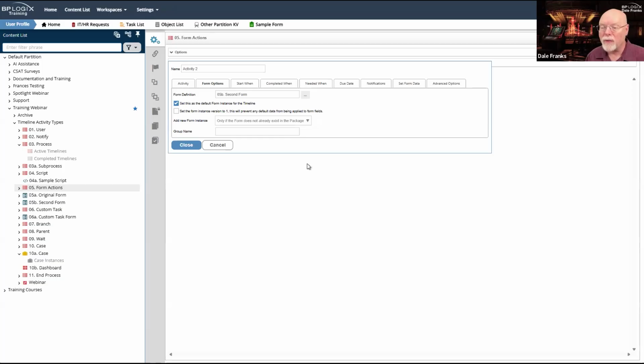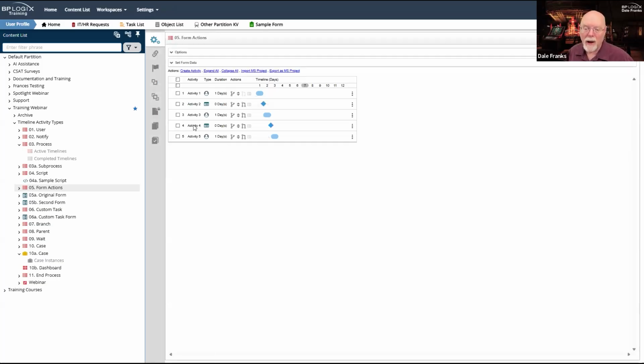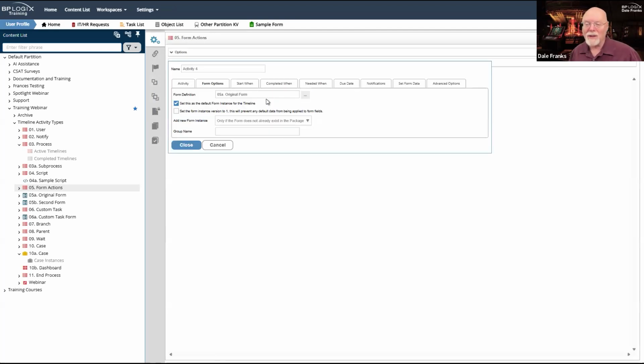And now this form, O5B, will be the default form for the process timeline unless I swap it out again for the original form, which, by the way, I do right down here in activity 4, where I just set original form. And I will set this form as the default instance for the form timeline.